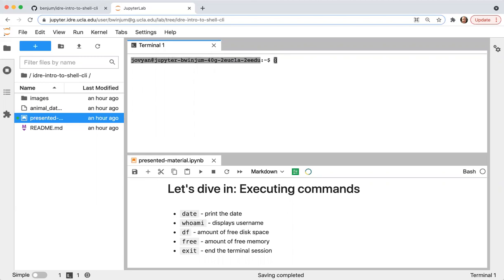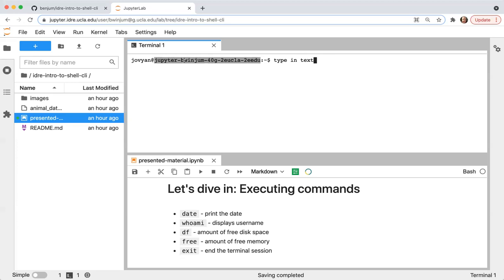This blinking cursor is where I can type in text. If I type in text, it gets put here on the line where the cursor is blinking. This tilde we will come to shortly when we talk about directories, but this is the name of the directory that we're in. This first part, Jovian, is your username on the operating system. This name will be different for you.